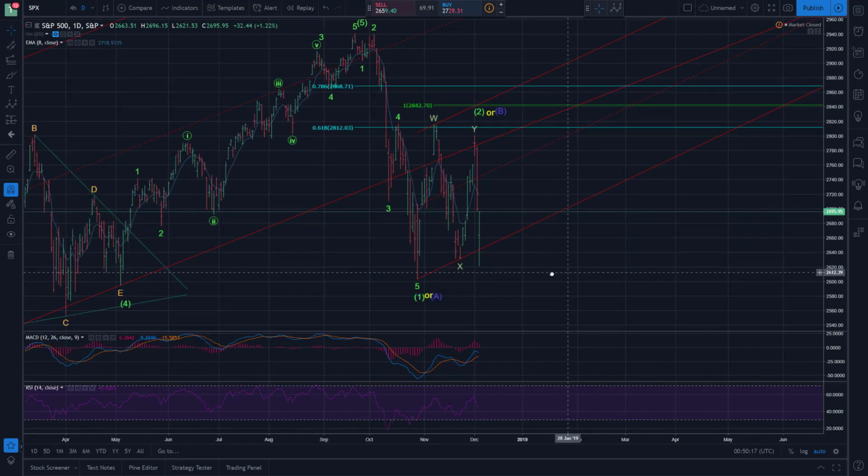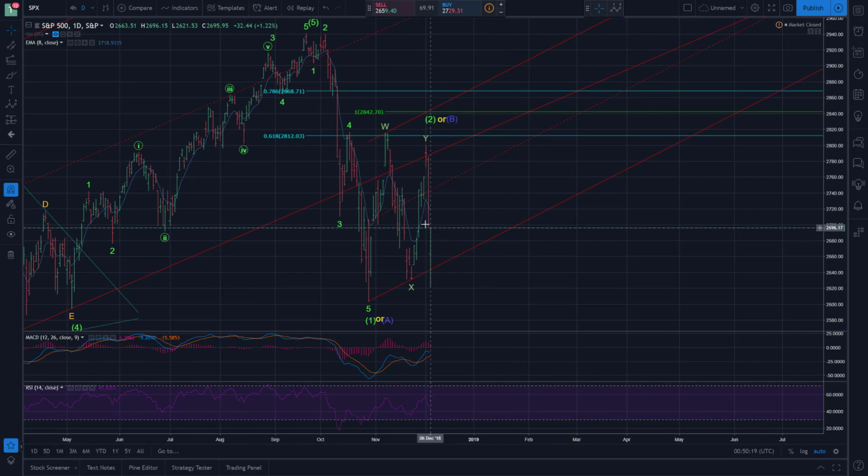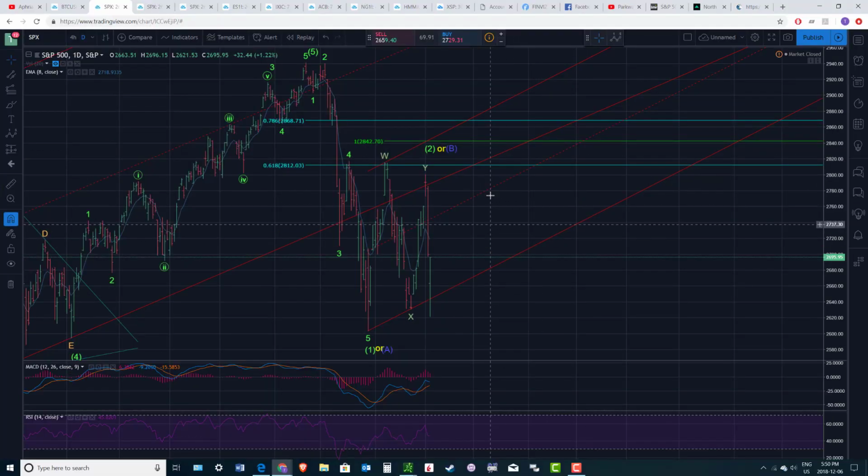But that being said, we're well below the T line still. The momentum still seems to be in favor of further downside, despite having a strong intraday recovery. But we'll have to see. If this is the case, then we have our WXY in place, where Y failed to make a new extreme beyond W, and we're just going to fall down in this third wave, all bounces aside. That's definitely currently my primary count,